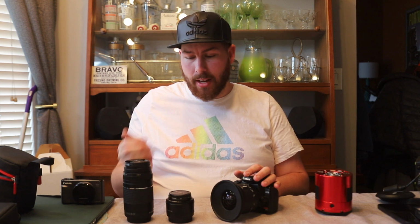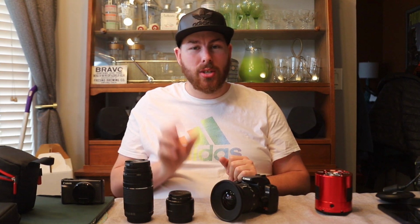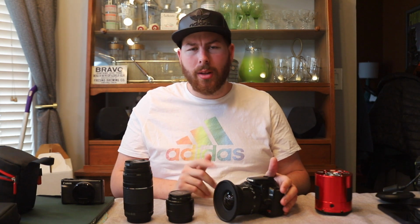Now, like I've said, the higher the focal length number you go, though, that exposure time will come down dramatically. So if you're at 300, you may only get a 3-second exposure before it starts to blow the stars on you. You can modify DSLRs as well,